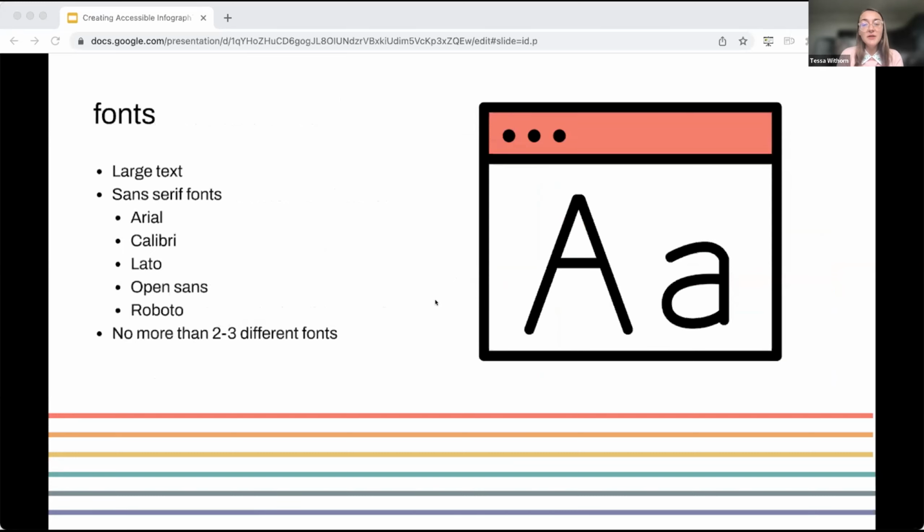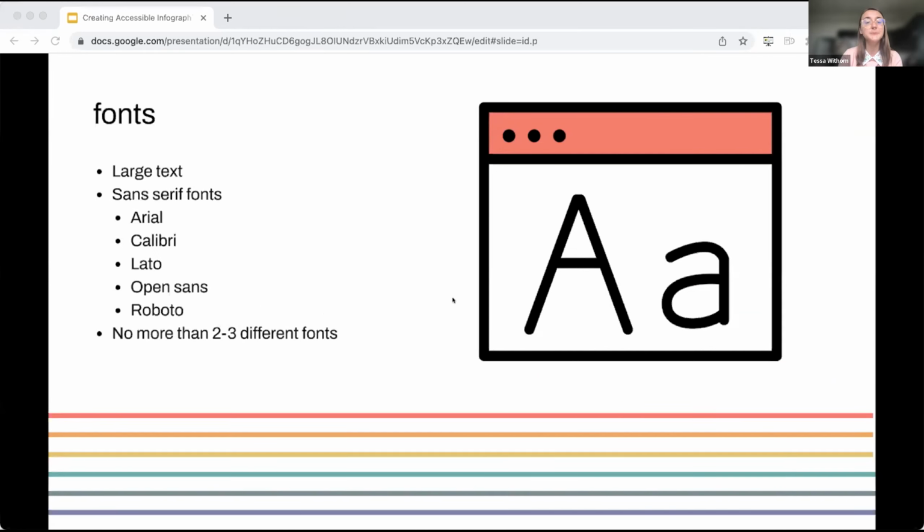For text of infographics, you also want to make sure that that's easy to read. So as much as possible, font should be at least 12-point font, if not more. And then using sans serif fonts, as we've discussed previously, but I want to give a shout out to Lato. I really like that font, as well as Open Sans. And these are just easier to read and also help with students who may have dyslexia or other vision needs. And it's also helpful, I know sometimes in Piktochart and these other tools, we really want to go crazy with all these cool different fonts, but really trying to keep it to 2 or 3 different fonts